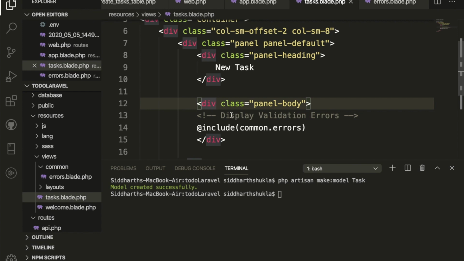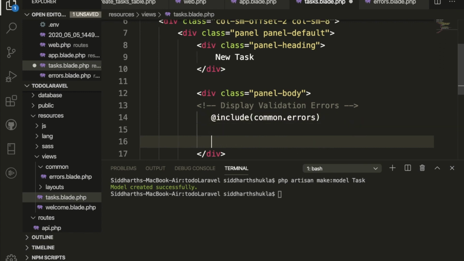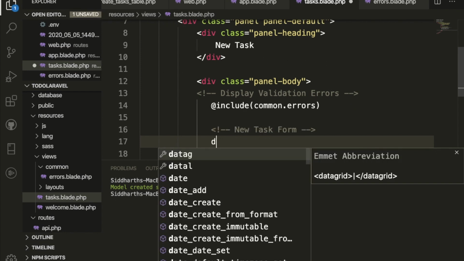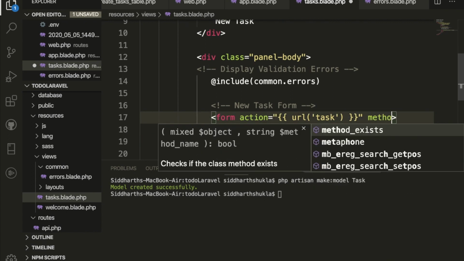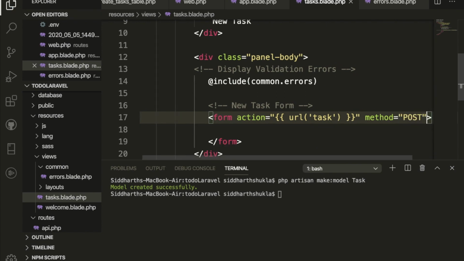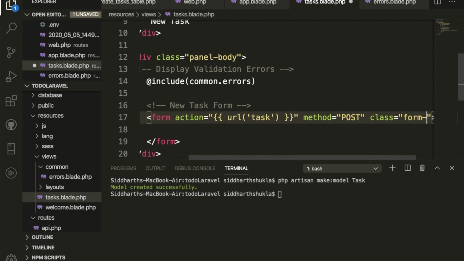Okay, once these validations also we have created inside the panel body, then what we need to do here, again I'm going to tab here, give some space also here. We'll create the new task form. Here I'm going to type form. Inside of the action, we need to put URL. Inside of the URL I am going to create task, then give enter here, and here we need to use method equal to post. Okay, here post, and because we are using bootstrap, I am going to use a bootstrap class,